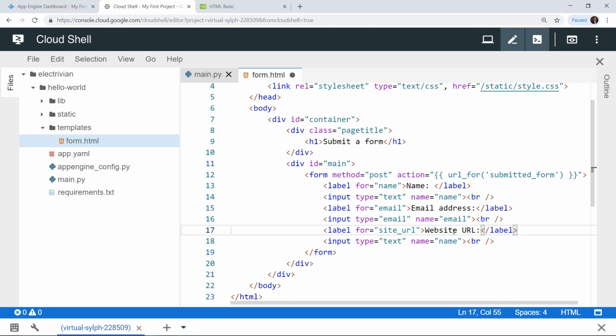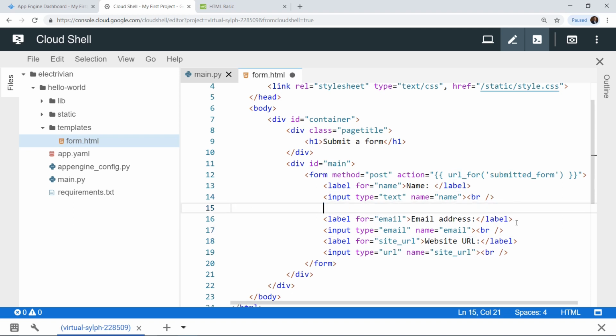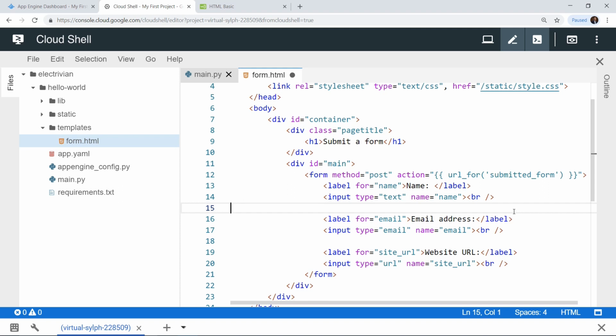This is where the user inputs their website URL, and in input type we have url, so it looks for a valid link, and in the name tag we have site URL. The name tag is essentially the same thing which we are entering over here.